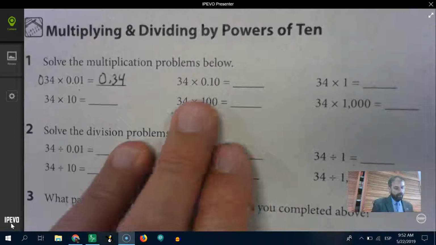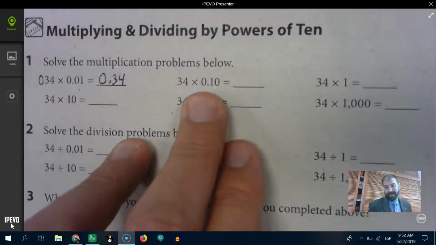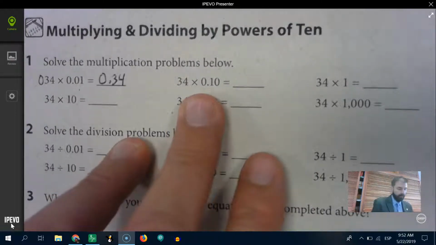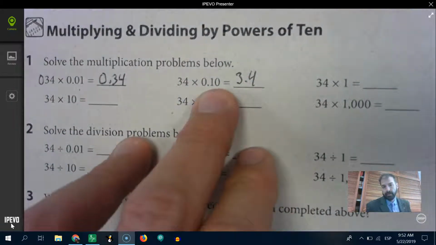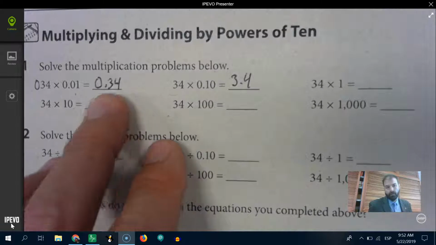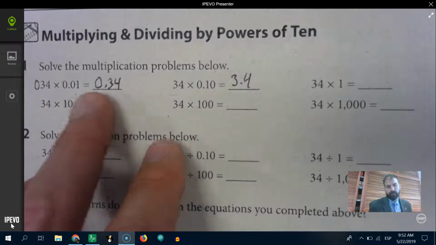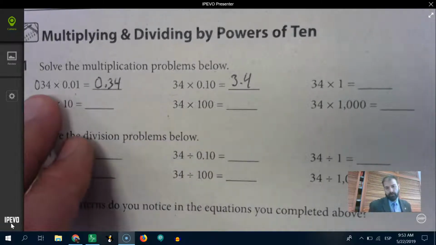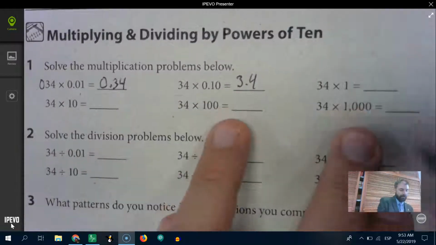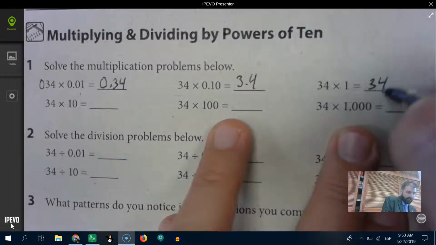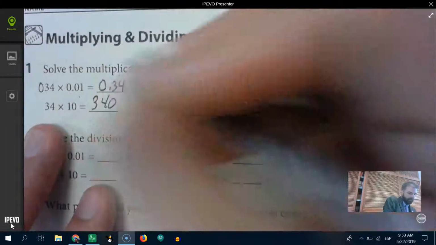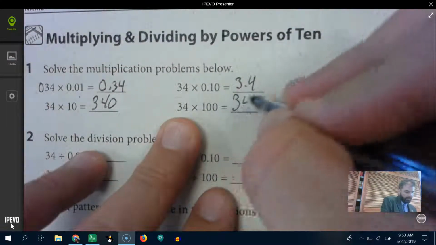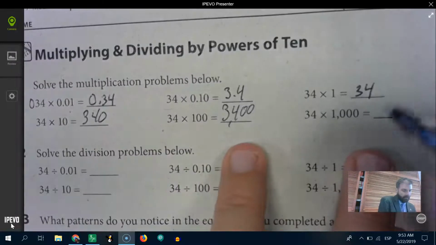Okay. 34 times 1/10. So what's 1/10 of 34? Well, that's 3 and 4/10, because 3.4 times 10 is 34. 0.34 times 100 is 34. Okay. 34 times 1, that's just one set of 34. 34 times 10, that's 340. 34 times 100, 3,400. And 34 times 1,000,